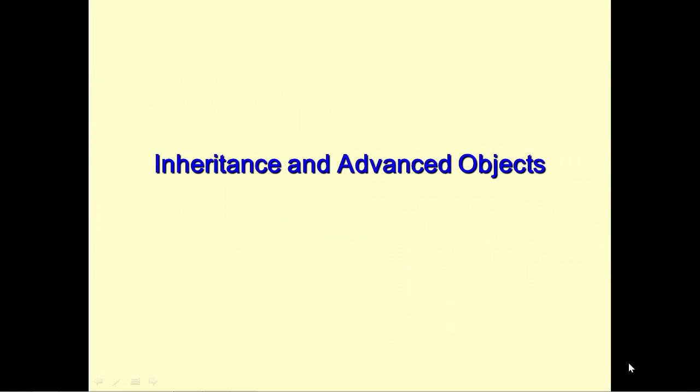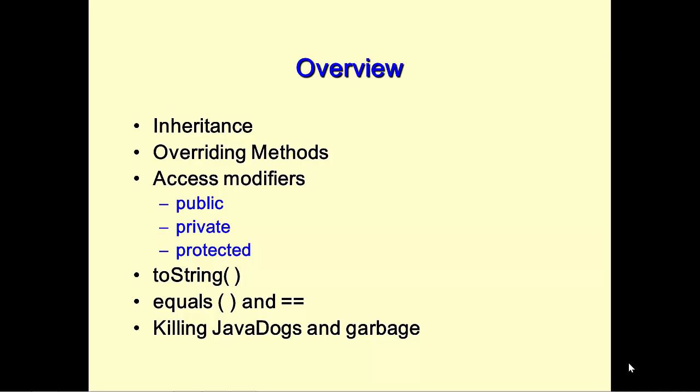In this presentation, we're going to have a look at one of the most powerful techniques in object-oriented programming called inheritance. So as an overview, we'll define what inheritance is, and then we'll talk about overriding methods, which is different than overloading methods. We'll finally have a look at some of those access modifiers that we've been avoiding, such as